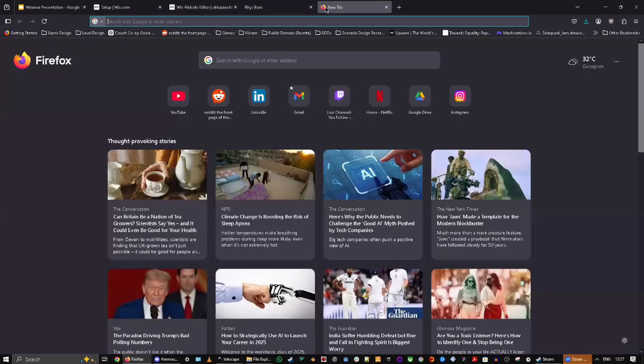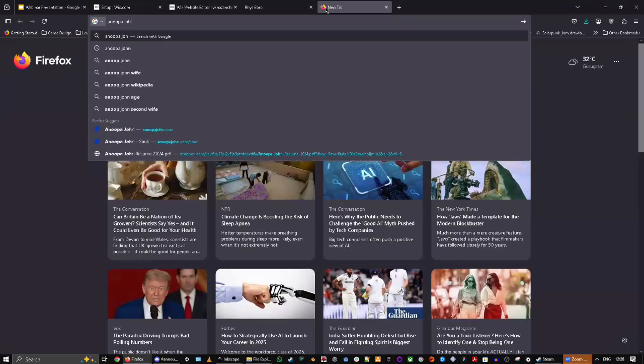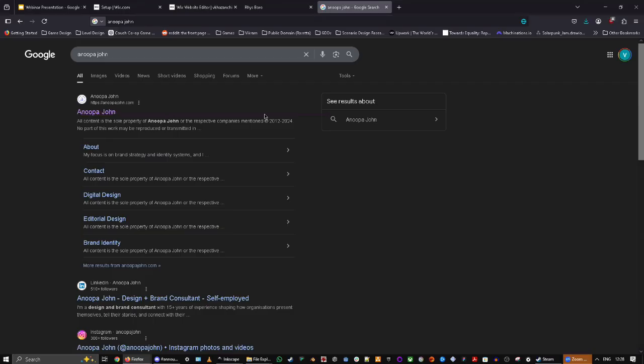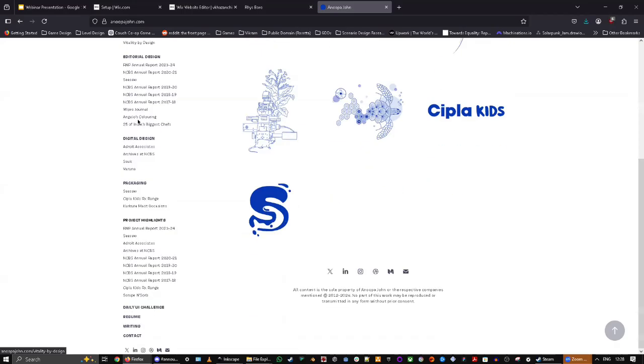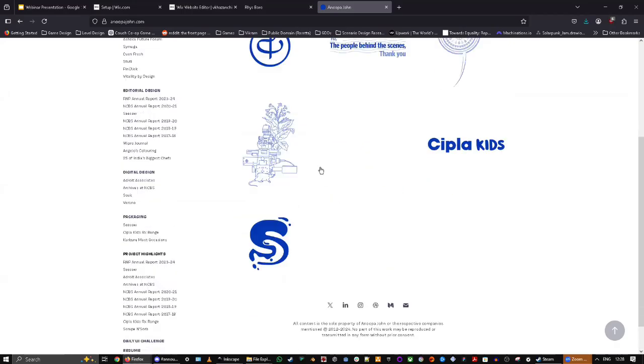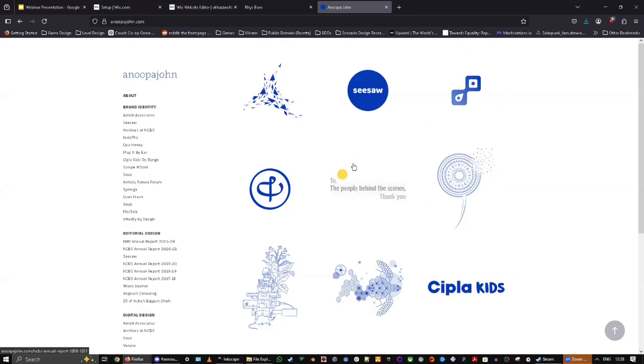So for example, Anupa John, who is an incredible graphic designer and illustrator who works out of Bangalore. She's also a good friend. This is a portfolio. She's been doing this for 15 years. I have her name, I have a link to about, but on the left, I have access to all her works. And what she's done here is she's given a few logos and brands that she's worked on recently.